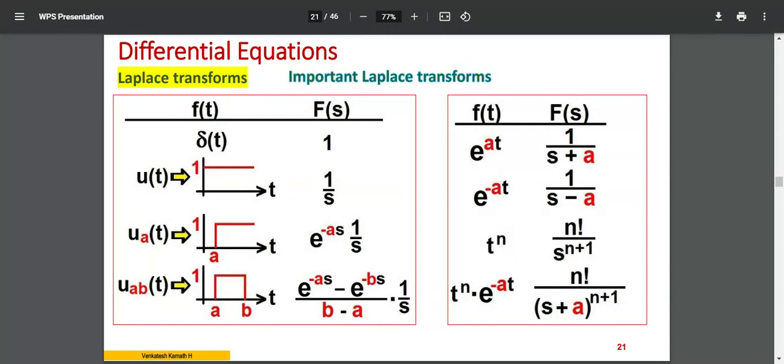Suddenly at t, we call it 0 minus and 0 plus, because the span is very few seconds. The span of this input is very few seconds. So instead of saying t, which is very difficult to mention, we mention it as 0 minus, 0 plus. Actually this impulse happens exactly because our Laplace transform starts at 0, right? 0 to plus infinity. So that is why instead of simply saying t, we say 0 minus, 0 plus, representing that at time 0, the input has taken place.